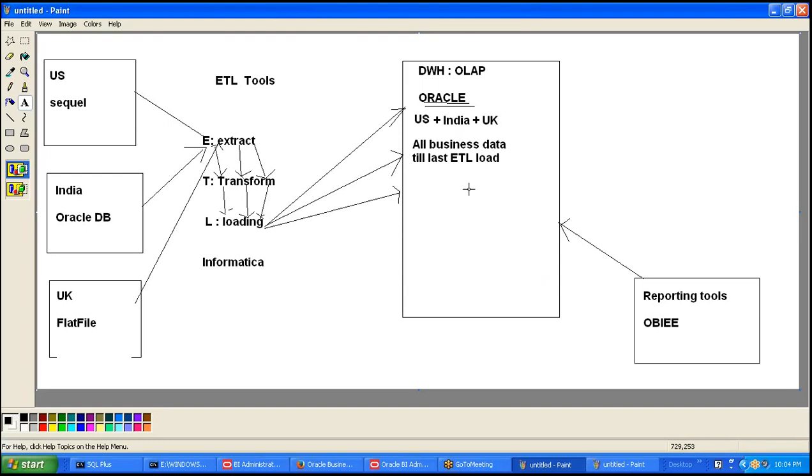So now, which means in this warehouse, what data I'll be having? I'll be having all the data from when my business has started till the last Saturday. Okay, I'll be having the data till last Saturday, but not the current week data. Means no Sunday, no Monday, Tuesday, Wednesday, and current day data also will not be available. So when the data will come here, current week data will come only in the next ETL load, which means this ETL process can be weekly also. Okay, it's not that always whenever a record is inserted into the source system, directly it will be available in the warehouse. Okay, it is not like that.